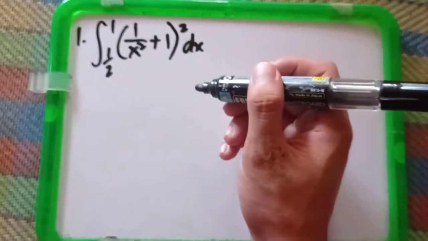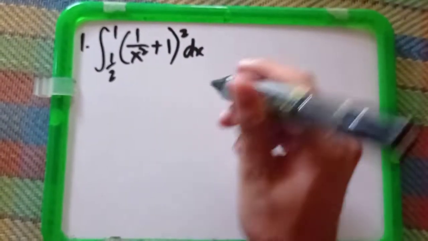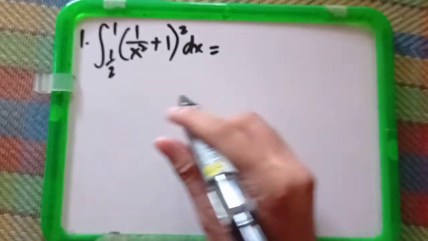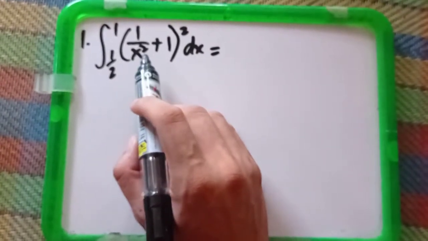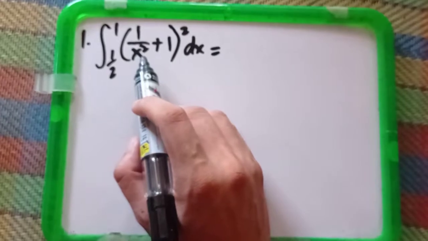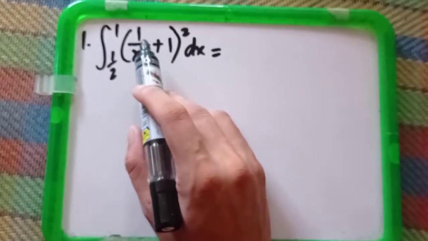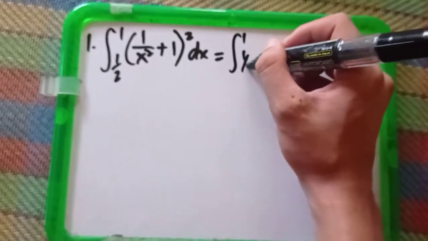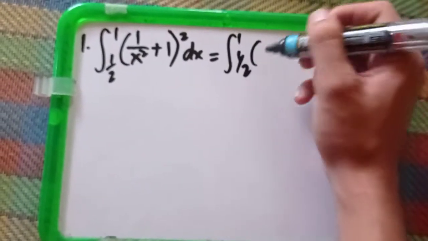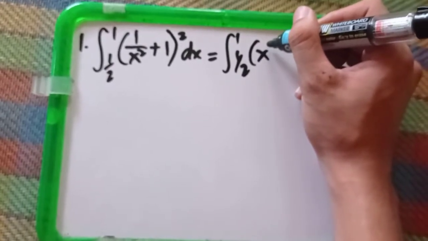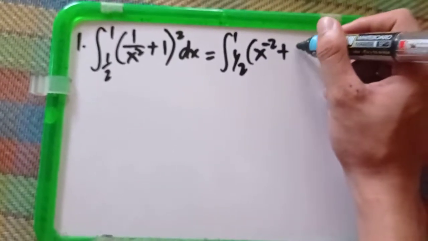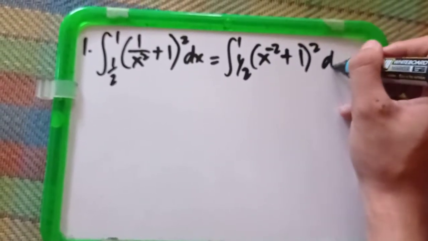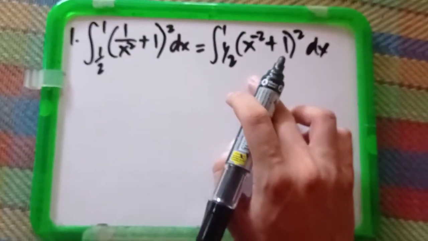So, napansin natin na pwede nating i-expand ito. And first, gawin muna natin, i-move up muna natin itong denominator. So this will be x raised to negative 2 plus 1 squared dx. So next is